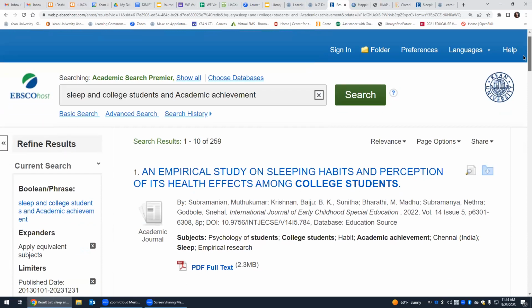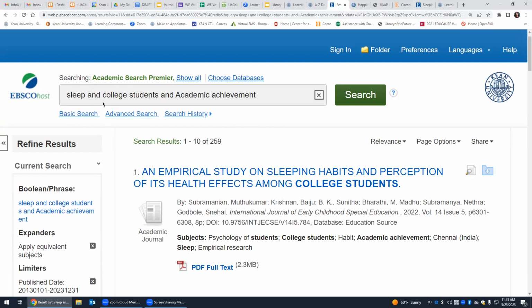So if you do find that you're not getting a whole lot of articles that are focusing on college students, that's not actually the case here, but maybe you do want to open up your search to not just college students, but also maybe young adults. That would maybe be an alternative term to use for many college students. What you could do is switch out college students with young adults, or you could do a slightly fancier search